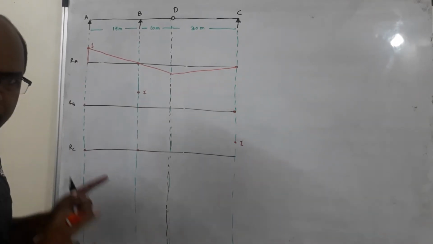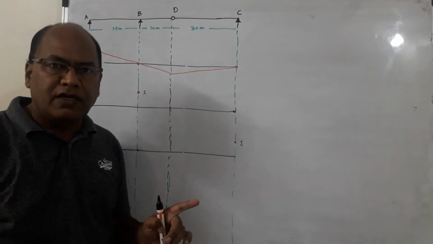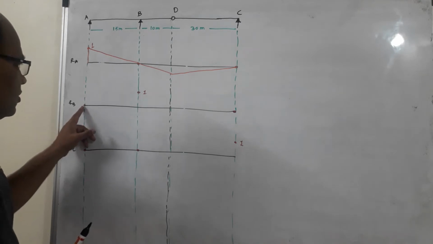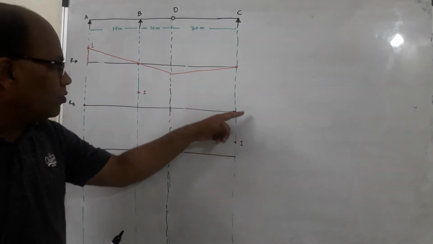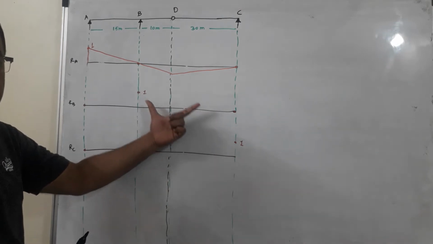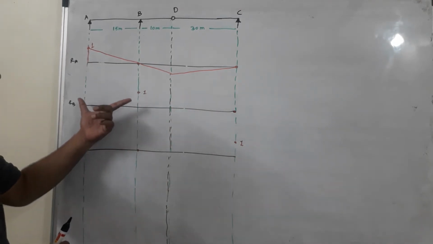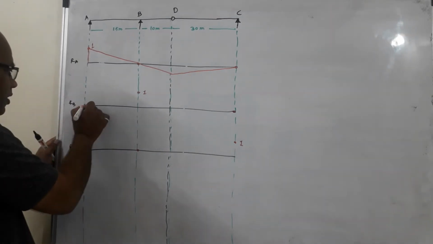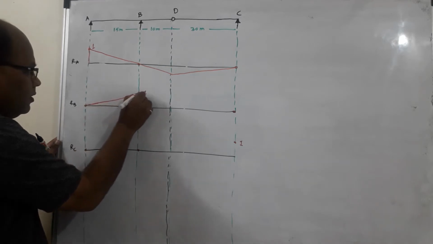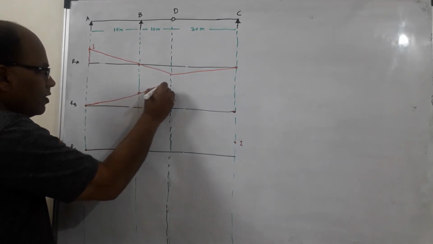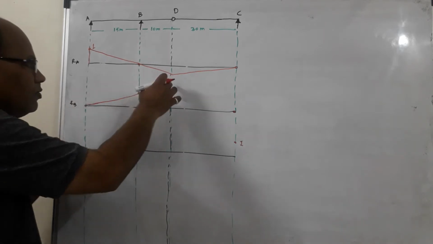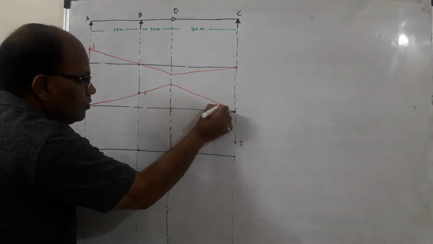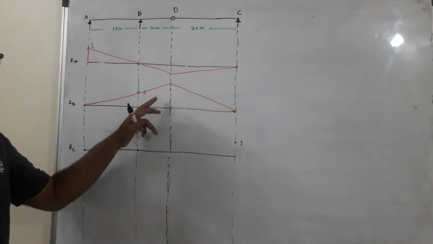Now, a similar procedure is to be adopted in order to draw ILD for RB. So, we have got 3 points 0, 1 and 0. Don't go with BC because BC contains the hinge. Go with that span in which the hinge is not there. So, there are 2 points over here, join these 2 points by means of a straight line. Extend this same straight line till the hinge is reached. Once you get this point, join this point with the point which you have already marked. So, it is the ILD for RB.